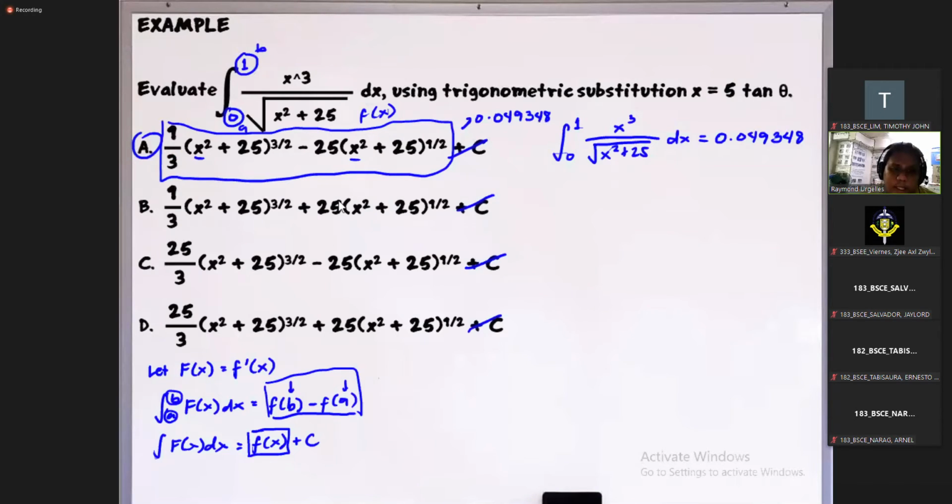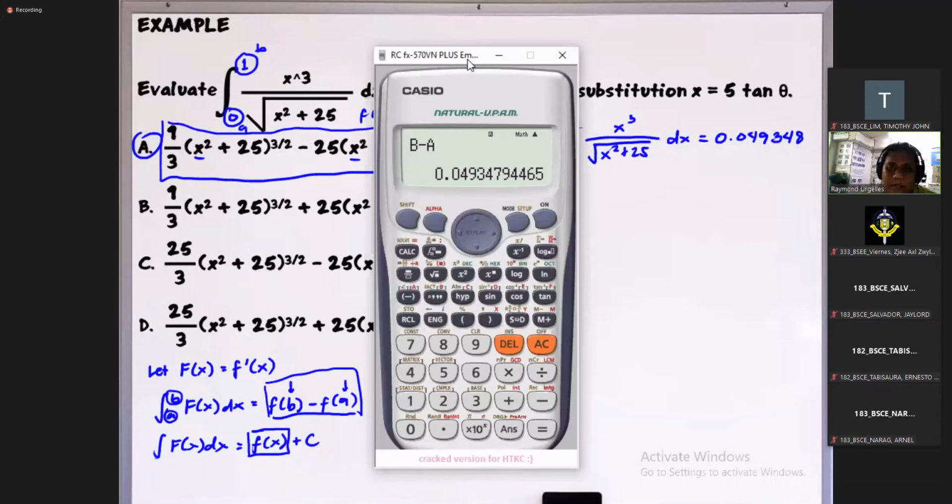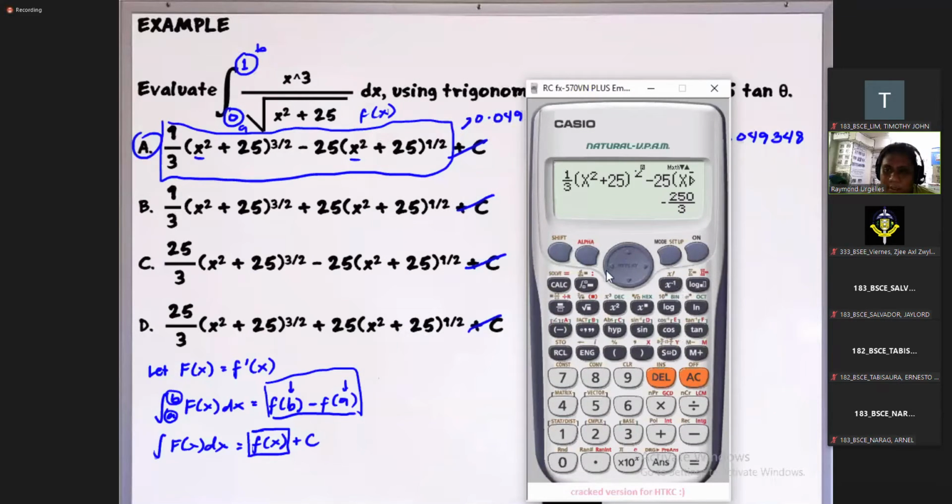No? So again, try din natin si B. Tapos again, for the other choices, kayo na lang yung mag-try. No? So pag ita-try natin si B, balik lang ako dito. So ano lang ba yung pinagkaiba niya? So dapat plus to. Diba? So magiging plus tong plus. Okay? So dun sa letter B, calculate natin kay 1. So then yan. So save ko ngayon kay B. So then, balik tayo dito. So calculate natin at 0. So then save natin kay A. So then, B minus A.